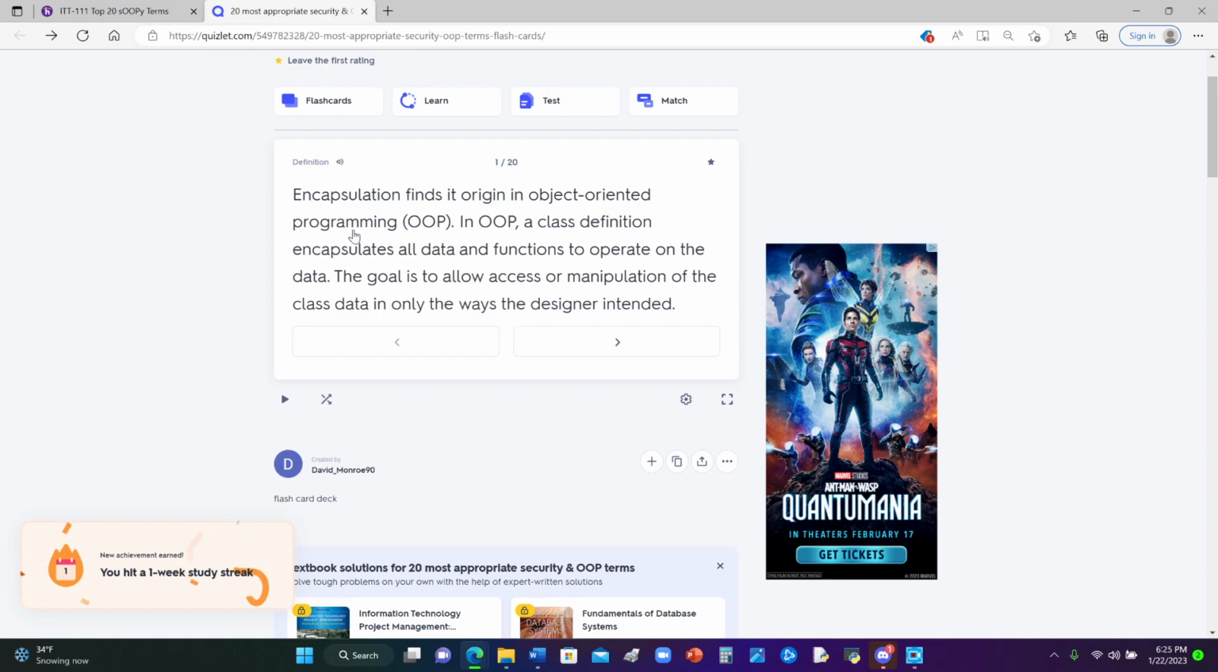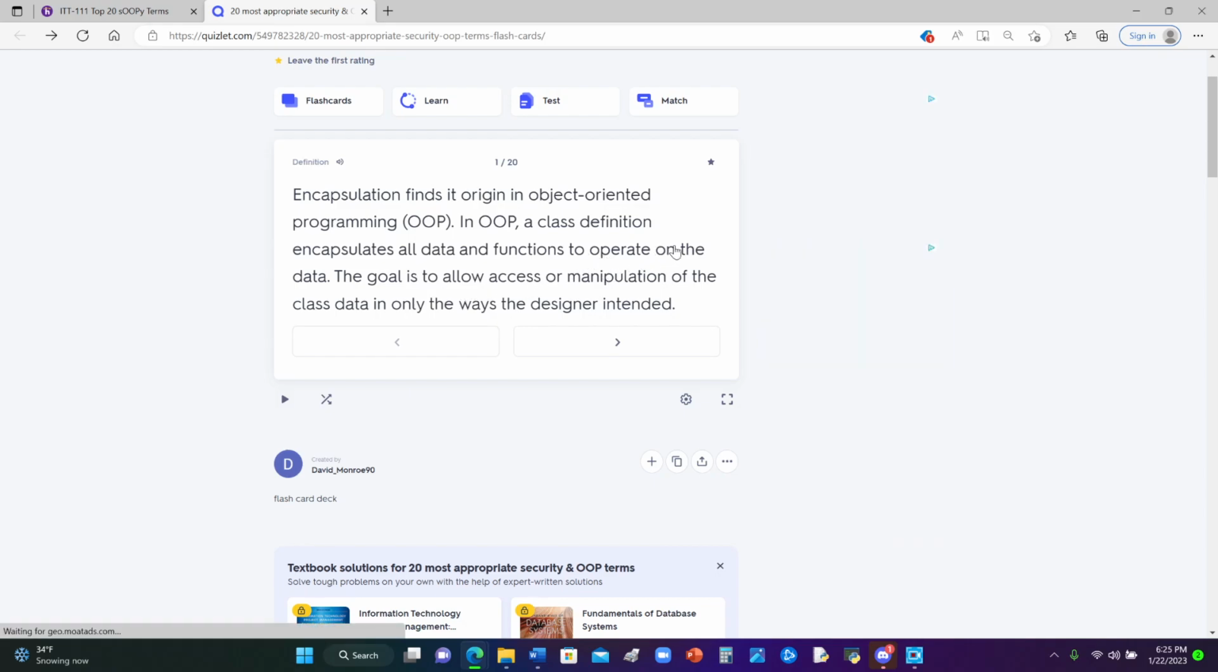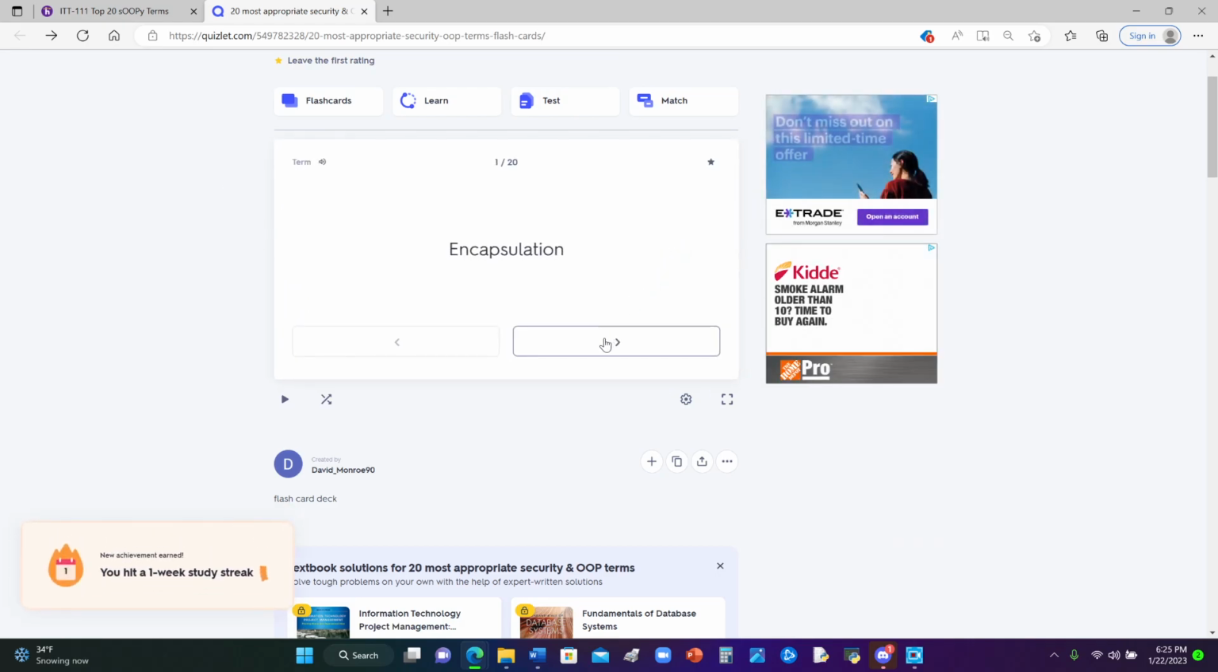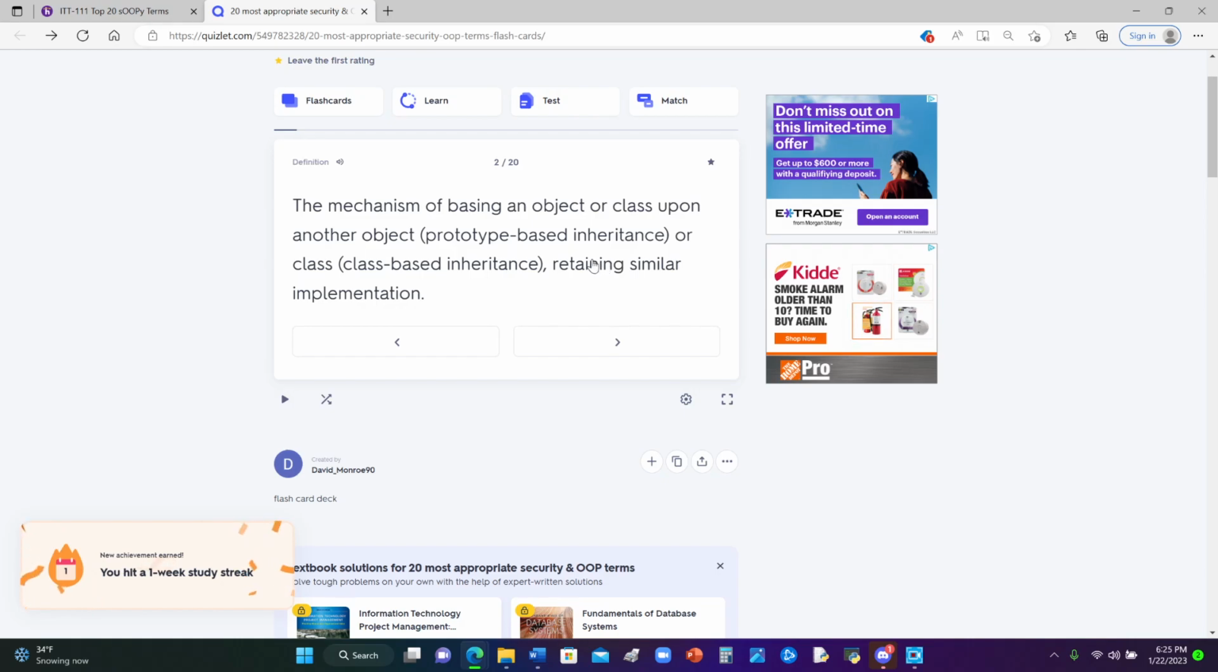Encapsulation finds its origin in object-oriented programming. In OOP, a class definition encapsulates all data and functions to operate on the data. The goal is to allow access or manipulation of the class data in only the ways the designer intended. Inheritance. The mechanism of basing an object or class upon another object, prototype-based inheritance, or class, class-based inheritance, retaining